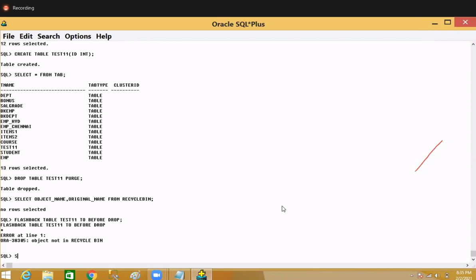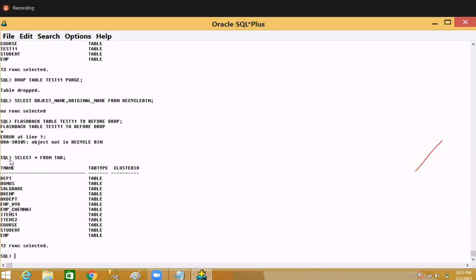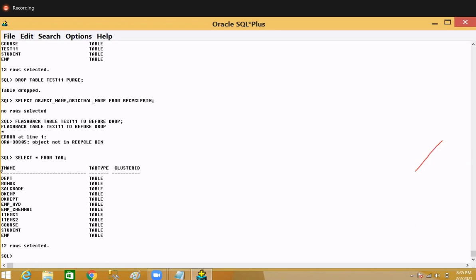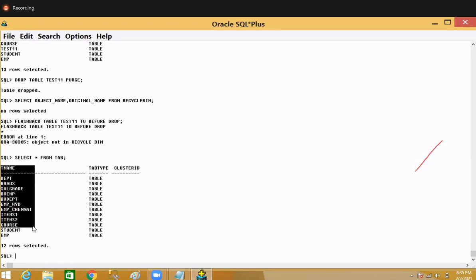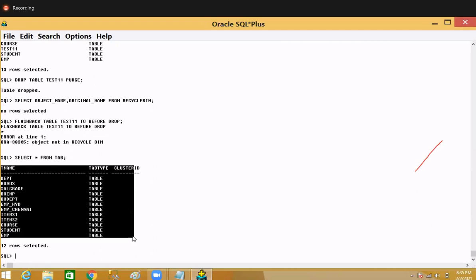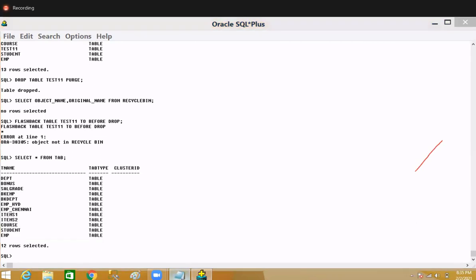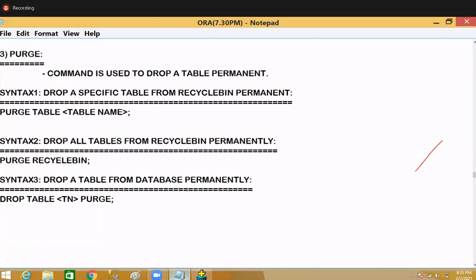Finally you can see there is no test11 in my database. Now you can see your table is permanently dropped. So this is the concept of the three commands and the three features in Oracle